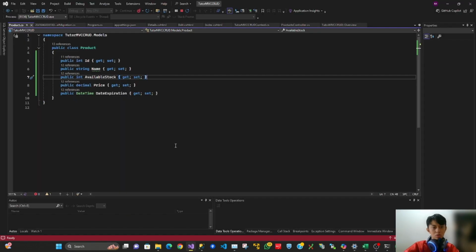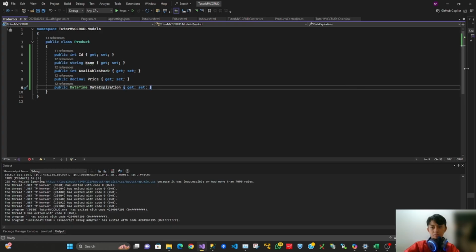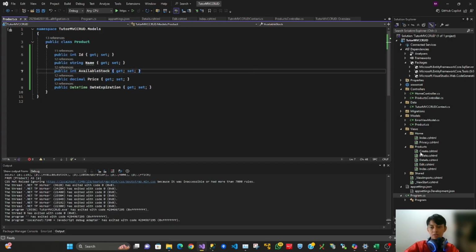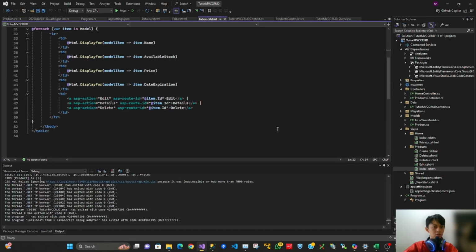So how do we make them look like buttons? Give a class here, a Bootstrap class.